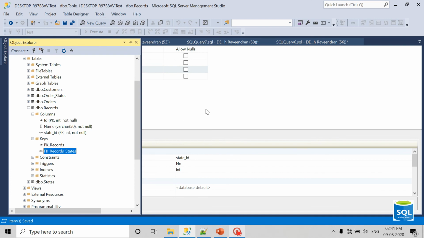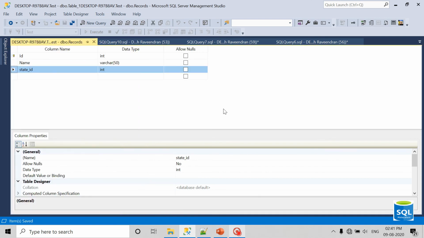So this is all about DML, data manipulation language, and data definition language. That is creating a database, creating a new table, altering, drop, all this comes under data definition language. And when it comes to insert, delete, update, search, all these come under the data manipulation language.